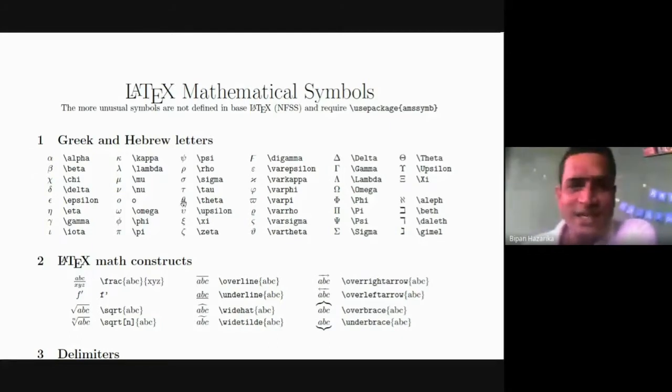Similarly, you come to theta. If you write small t, backslash theta, spelled out, then you see small theta. But if you want capital theta, then we write capital T. Then gamma, similarly. Here is gamma. We write small gamma with small g, so you get this gamma. But if you write capital G here, then you get a capital gamma.